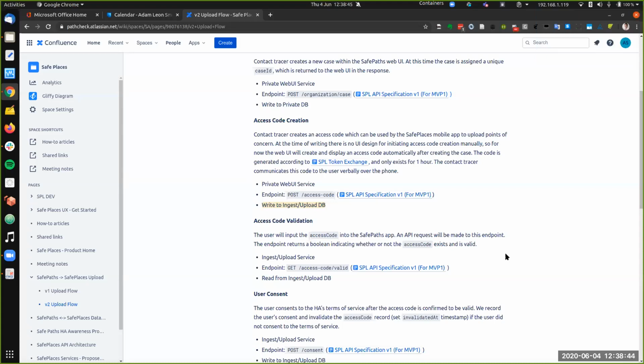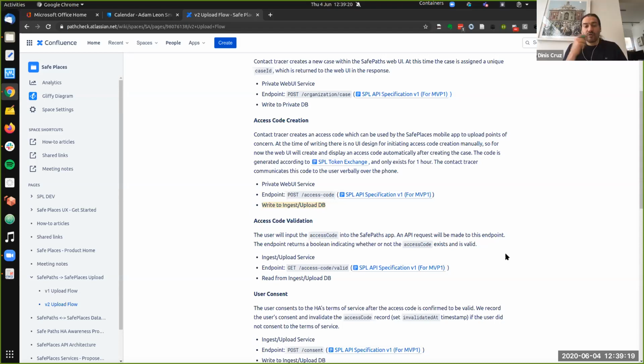Yep. Do you have a way to delete the data after finding out the particular HA employee was malicious? Yes. Or if a diagnosed patient calls up and says, I confirmed I was at that place, actually I wasn't. I'm not sure that we would be able to pull out one particular health authority employee's data from the mass of all of them, because once they're published, they're all agglomerated together. We can't tell which contact tracer has generated which data set. So I'll have to check that.